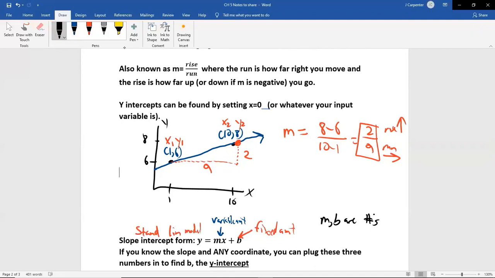Slope-intercept form is very awesome because the b, the fixed amount, is always right here. This point is whatever the b is. It's always on the y-axis. We call it a y-intercept because it's intercepting or intersecting the y-axis. Those two words are synonymous for a reason: intercept, intersect. So wherever your line crosses your y-axis, that is whatever this number is.